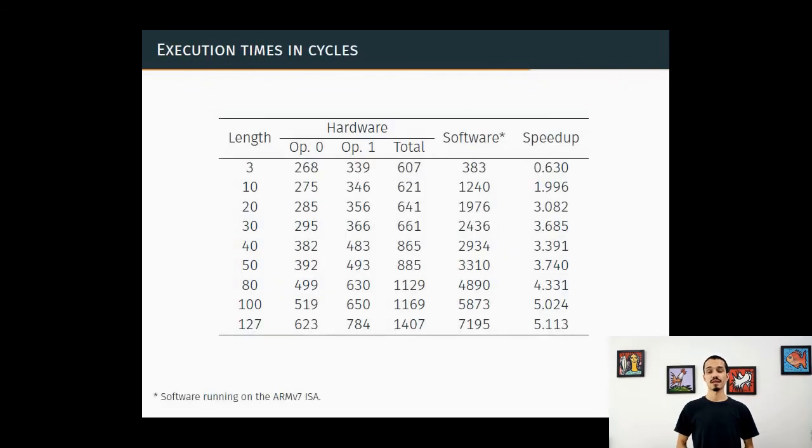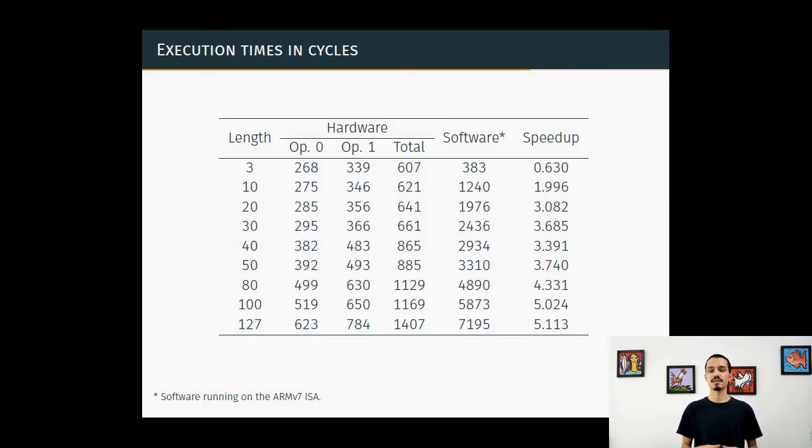Now we analyze the results we obtained. In this table, we can see the execution time in cycles for a hardware and for a software implementation, where the software implementation uses the ARM v7 instruction set. In this table, we can see that only for the minimum length shapelet, our hardware has a worse performance. In all other cases, its performance is better,